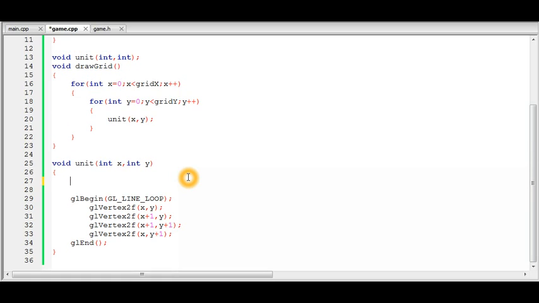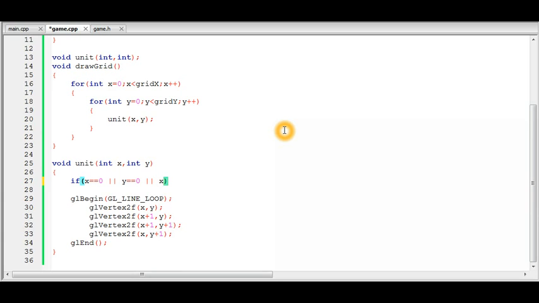So we'll remove this, and we'll implement a logic to test if the box is at the edge. So this will be if x equal to 0, if the x coordinate is 0, or if the y coordinate is 0. So this means if the box is at the left of the screen, and this checks if the box is at the bottom of the screen, or if the box is at the rightmost part of the screen,